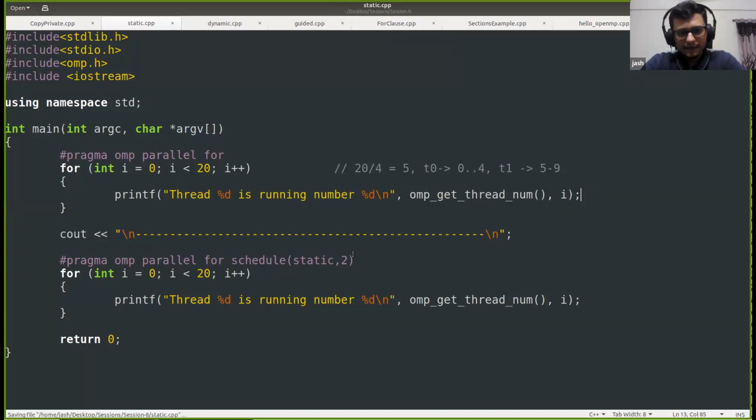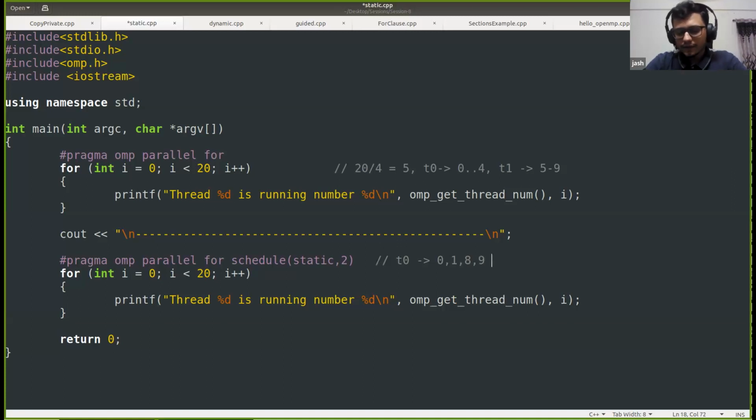The second case is pragma parallel for with static scheduling with a chunk size of 2. In this case, as we discussed, thread 0 will take 0 and 1, then it will wait for its turn to come back. 2 and 3 will be assigned to the second thread, 4 and 5 to the third thread, 6 and 7 to the fourth thread, then again it will pick up 8 and 9, and so on.